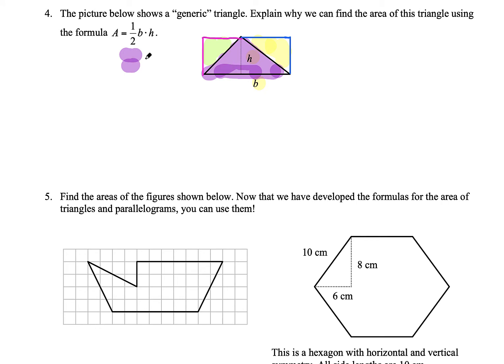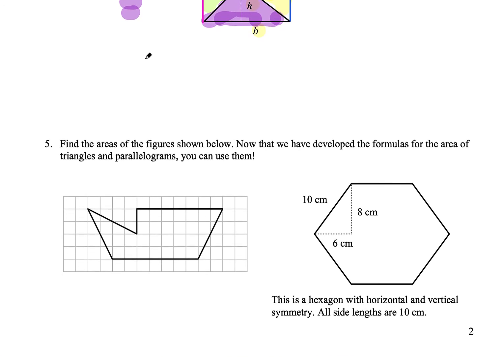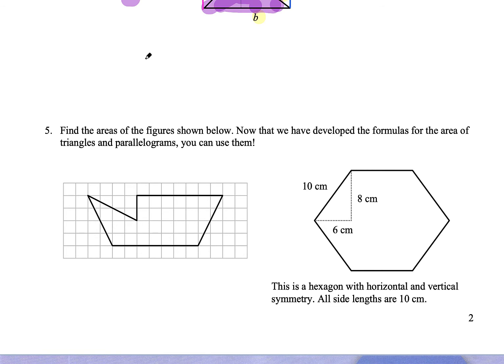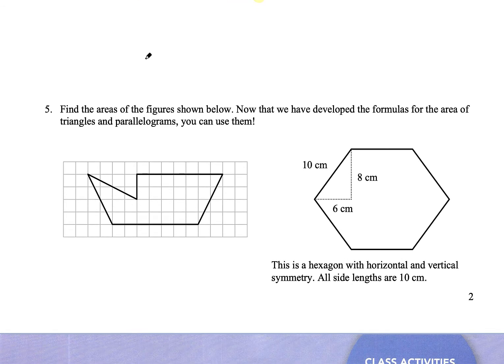So we can use this whole idea of breaking things up. Now that we've proved the formula for triangles and for rectangles and for parallelograms, we can now use this to find the area of other figures. So how do we do that? Well, we can do this in several different ways. There are many ways to show how to figure out these parallelograms. So I'm going to start here by drawing